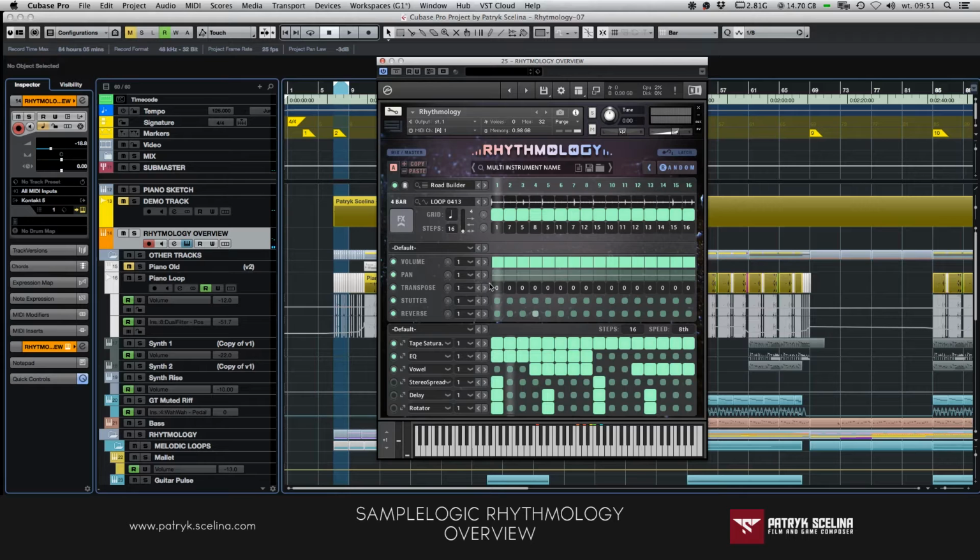Here we have another step sequencer which allows us to add some changes in panning, and you can transpose every slice. You can add some shutter. You can reverse it. Yeah, and this is great. But what is really crazy, I would say, is this effects chain step sequencer, because it's like another step sequencer